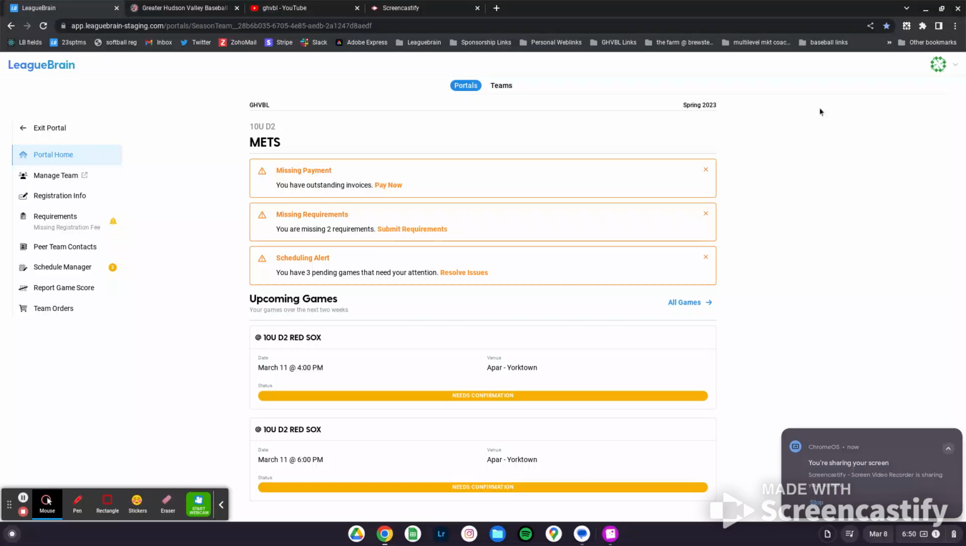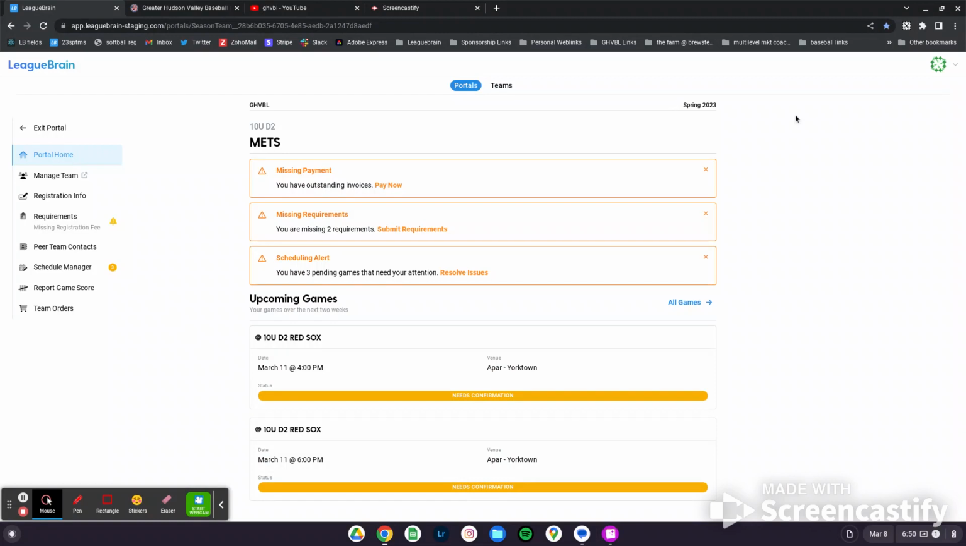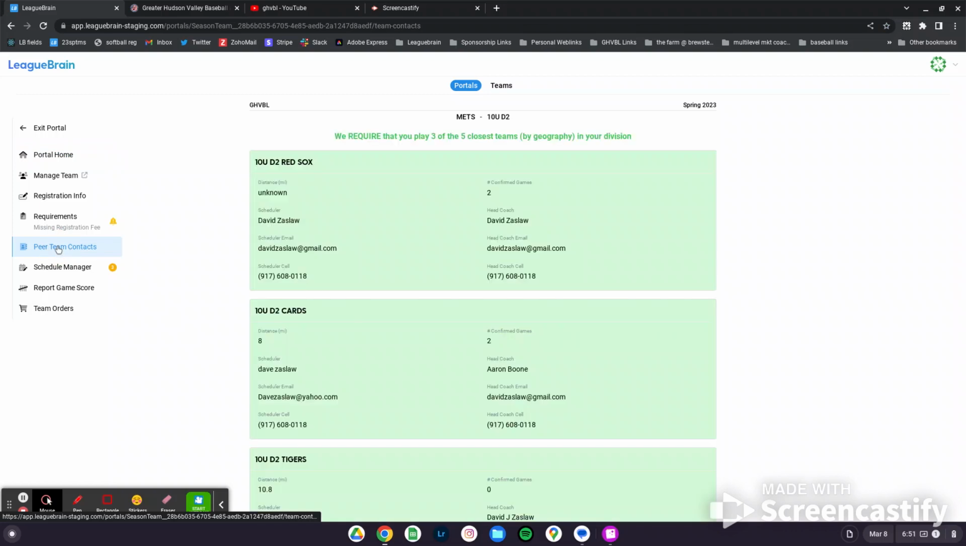Okay, let's fast forward now to the portal and help you understand how to schedule come spring scheduling. So we talked about the portal. We're going to start here. And when we turn on the portal at 5 o'clock on March the 16th, you will go over to the peer team contacts. Right now, when you go to peer team contacts, it says coming soon. But when we turn on the spigot, you'll click here